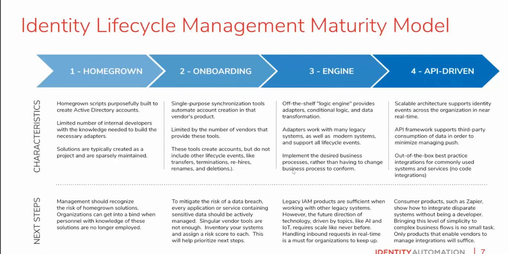Whereas if you're only doing the onboarding, or certainly if you're doing the homegrown or level 0 of manual, what that means is you're going to have to go to these different applications individually, try to figure out, do the correlation yourself as to does Troy have an account there? If he does, what access? And then thirdly, how did he get that access? So ILM is implementing, it's automating,